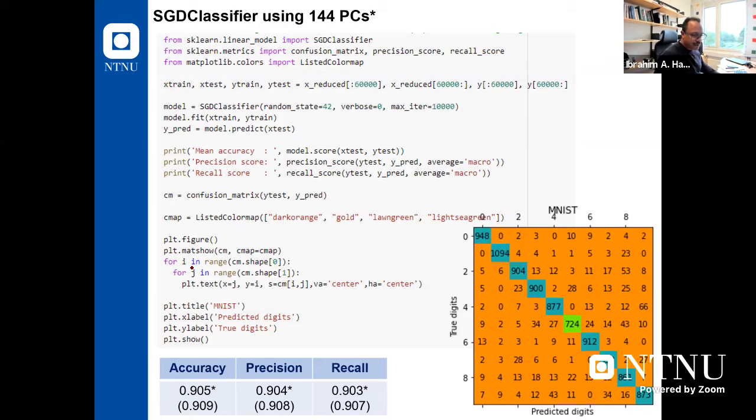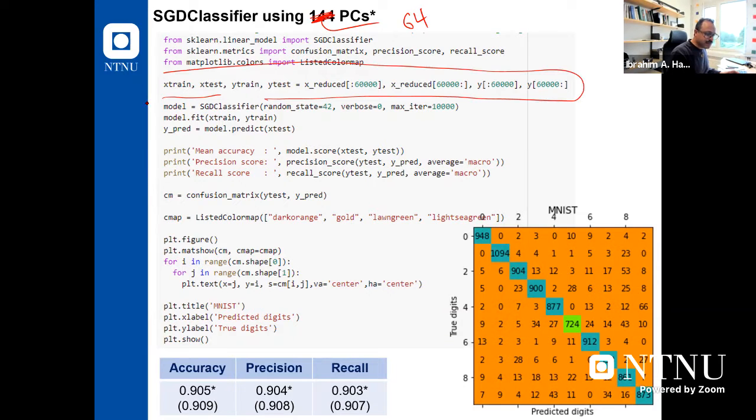I also have a mistake here, because this one is not 144. This one is 64 pixels. So I did an SGD classifier for MNIST using this reduced set. I divided the data here into a training set and a testing set because I need to test my model. I build a classifier and I trained my classifier using,